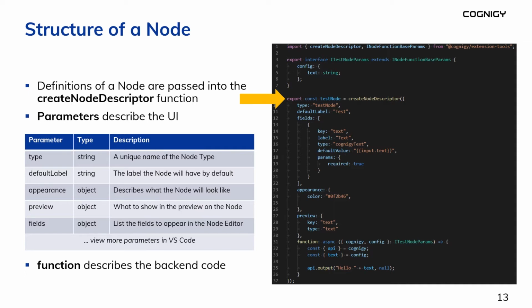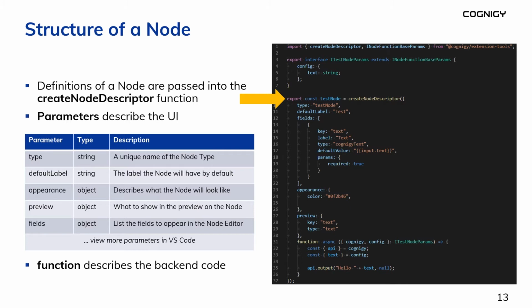So when you create a say node, for example, the default label is say. When you create a question node, the default label is question. The appearance section describes what the node will look like, the colors of the node, the shape of the node, icon, etc. The preview parameter defines the preview of the data that is inside the node that we will show. So for example, you could reference a text field here, which means when the field is filled in by the user of the flow editor, this text will then show up in the preview in the flow editor itself.